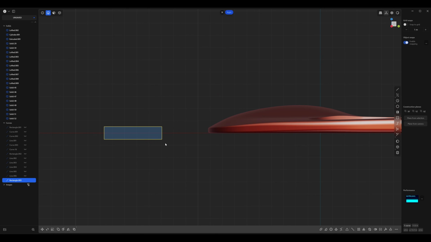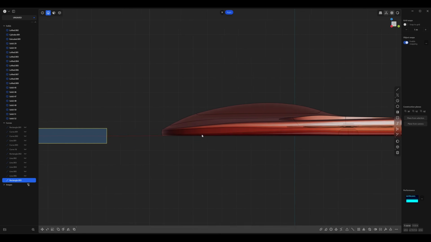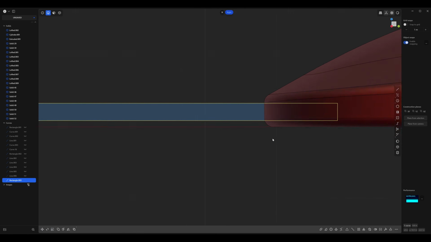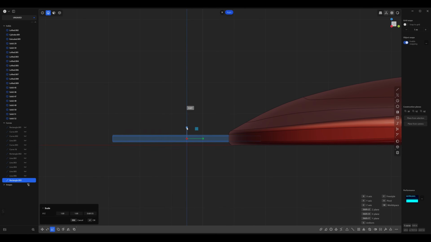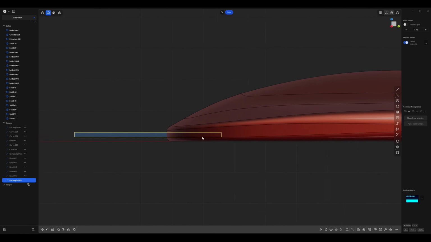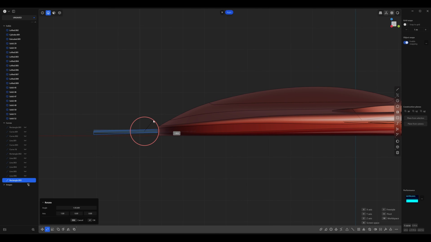Press 2 to select it and make sure your edges are being shown so you can see where it can go. And then let's just scale it down a little bit. We're going to use this to cut out some lights on the body. I want the light to wrap around, and we're just going to use this rectangle to cut it out. Now, this does have that angle, so go ahead and press R and rotate it on the x-axis a little bit.